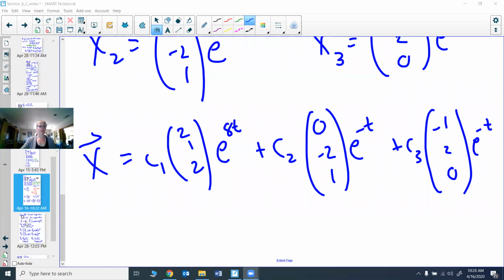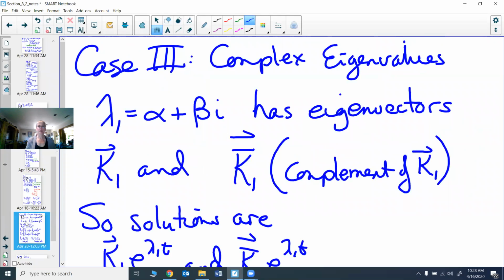So now we're going to look at the third case, where we have complex eigenvalues. The eigenvectors are not complex; the eigenvalues are complex. That means your lambda 1 would be alpha plus beta i, and it has different